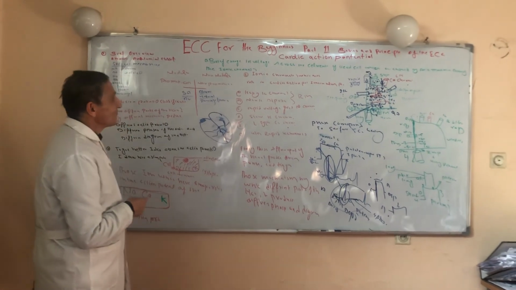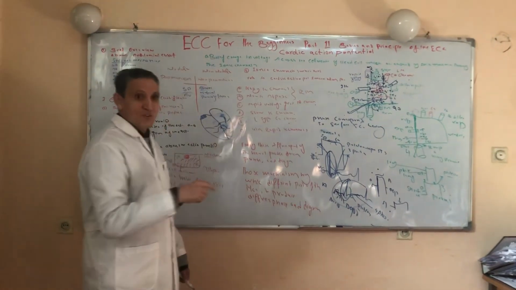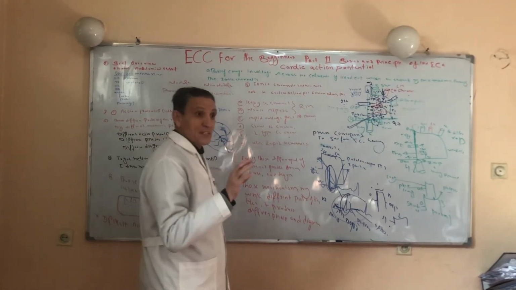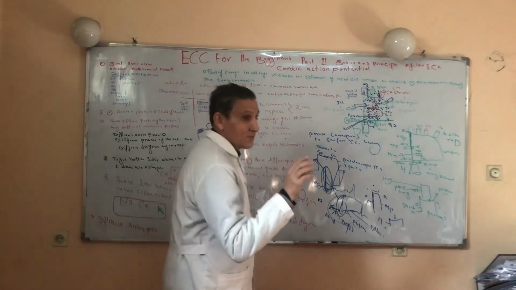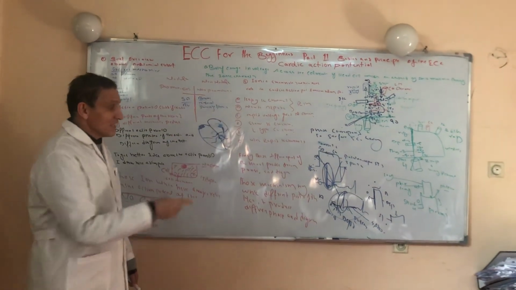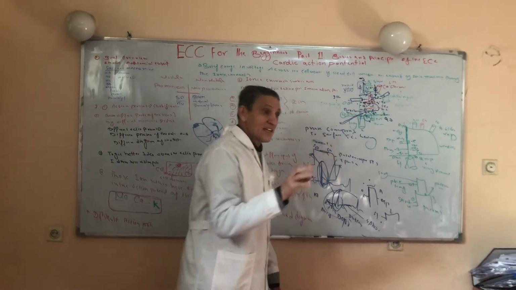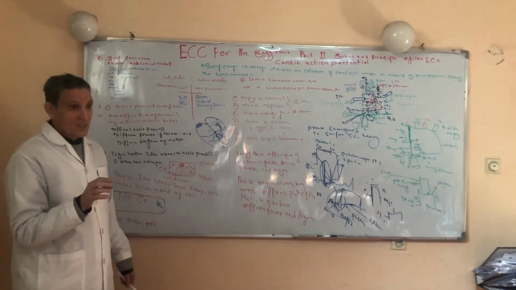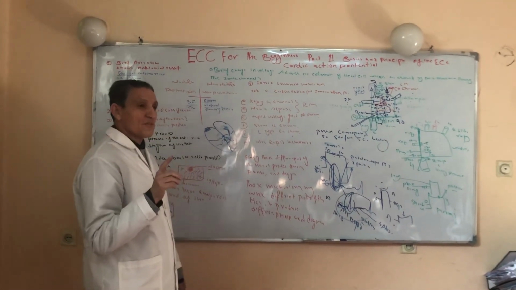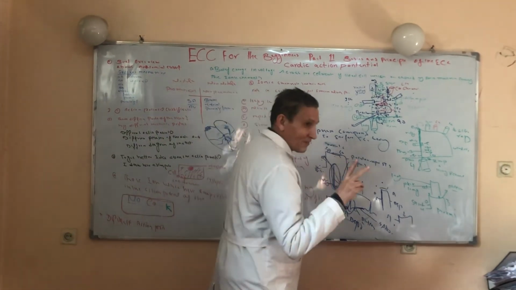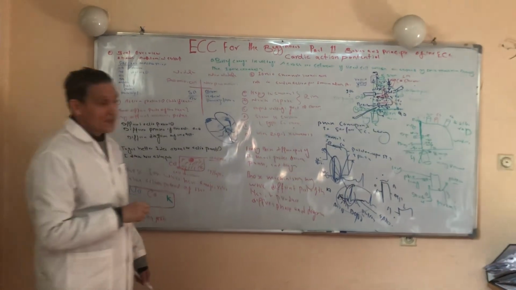What else? In the next lecture, we will be discussing the action potential of the pacemaker cells, which include the SA node and the AV node. We will discuss the mechanisms by which they produce a resting membrane potential of minus 60 millivolts. Non-pacemaker cells produce minus 90 millivolts, and the SA nodal cell and AV nodal cell produce minus 60 millivolts. In the formation of the resting membrane potential of the ventricular cell, two channels have a major role: one is the leak potassium channel, another is the sodium-potassium ATPase.